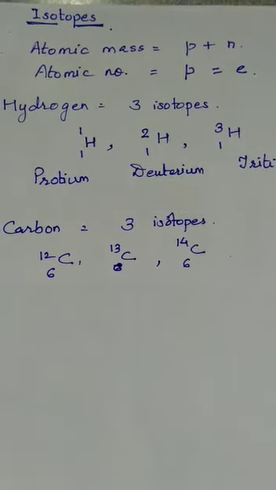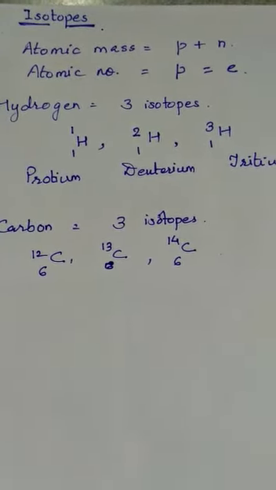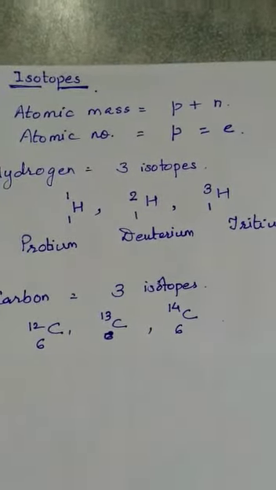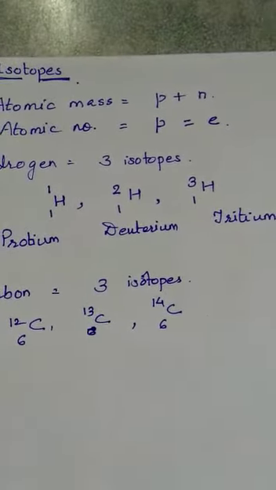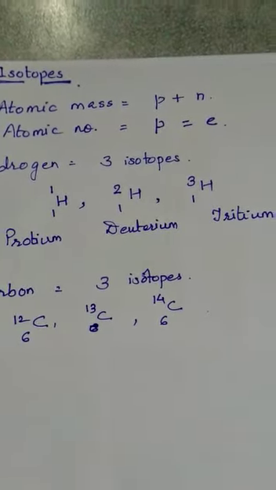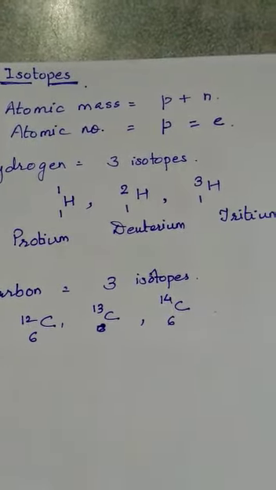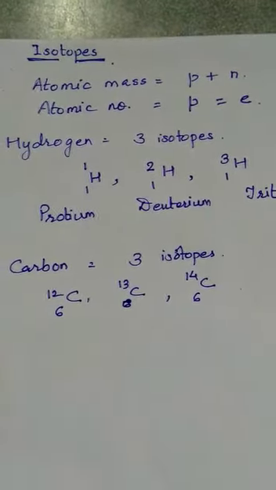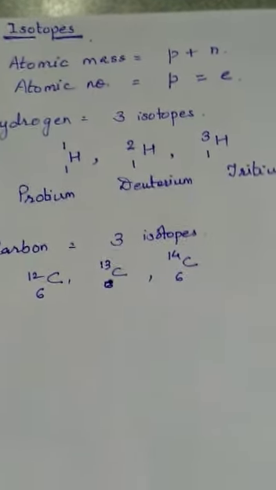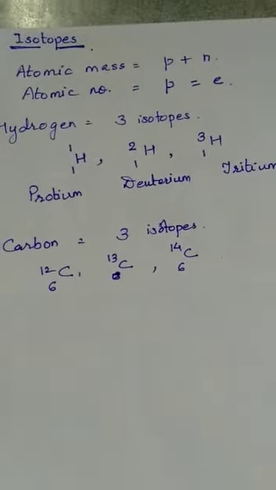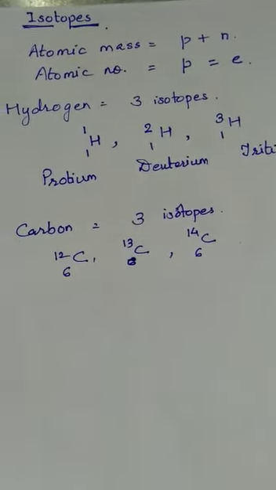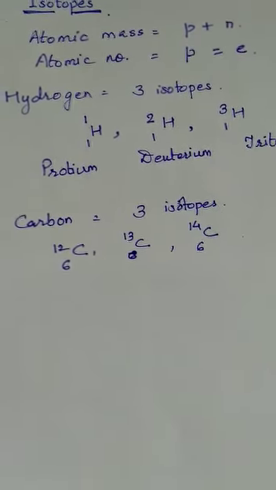These are the different kinds of isotopes of hydrogen and carbon. And isotopes are also the reason, children, for the fractional atomic masses of elements. We know that atomic mass has to be a whole number. Why should it be a whole number? Because protons and neutrons will always be present in whole numbers in the nucleus of any given atom. So the atomic mass, which is given by the number of protons plus neutrons, has to be a whole number. But it is observed that some elements show fractional atomic masses.